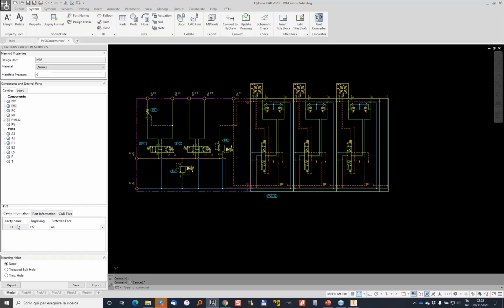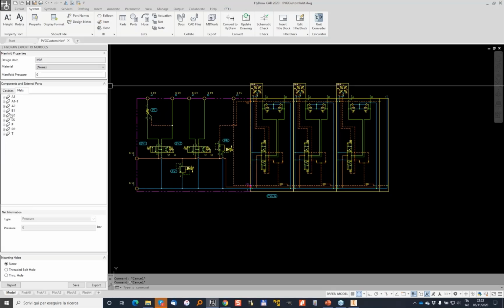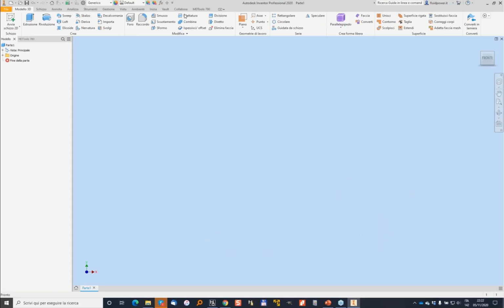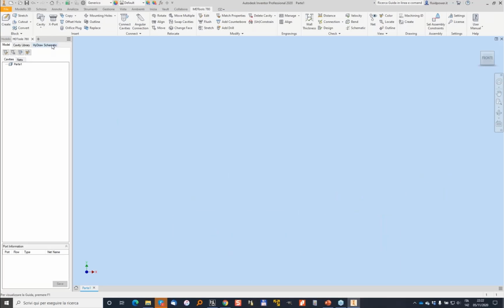This is the most important because we have no possibility to export to MDTools missing information. At least we must have a cavity name. Technically, the cavity name could even be wrong, and then MDTools would ask us to map a correct cavity. But you cannot export to MDTools missing information. So as you can see here, we can isolate nets, we can check our diagrams, and we just export to MDTools. When we are in Inventor or SolidWorks in the MDTools, we go to the Hydro schematic and we load